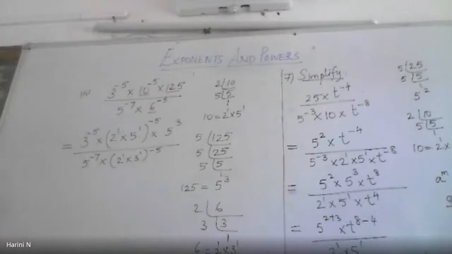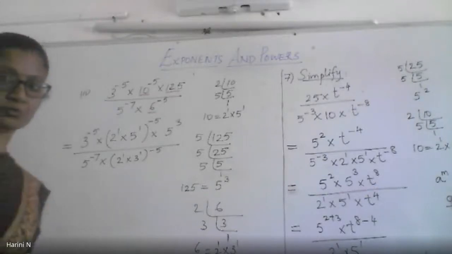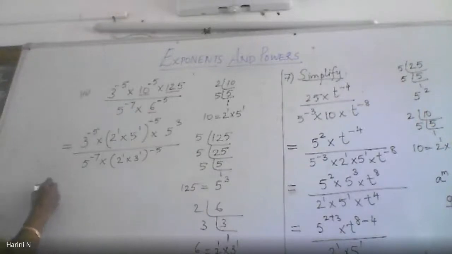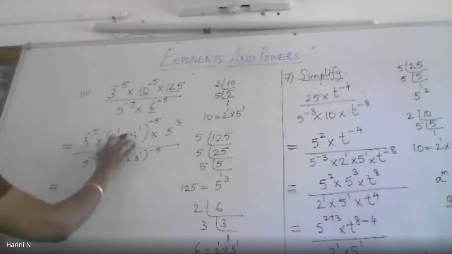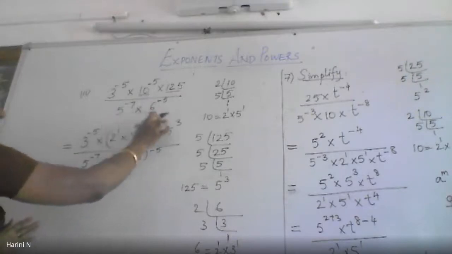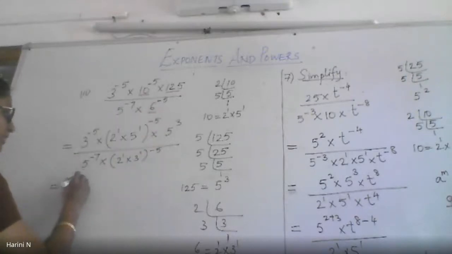See, this much you should be very clear. There should be no confusion at all. Right? Now moving on. We will bring all the base numbers together, group them. So first we will finish this power of powers. a to the power m to the power n will be a to the power mn. We have to multiply the exponents. So let me finish that first.